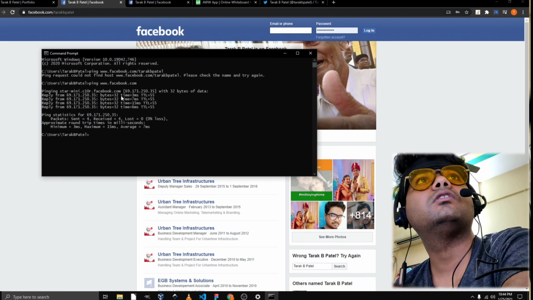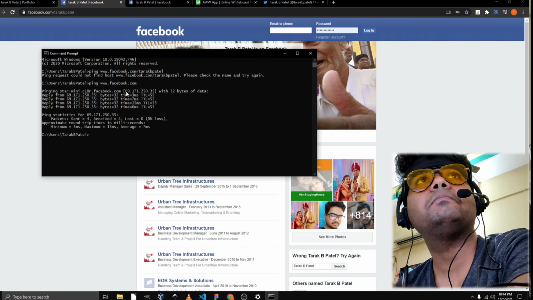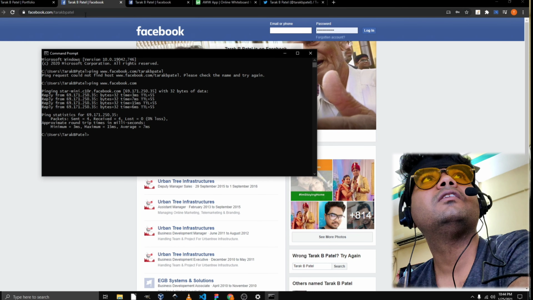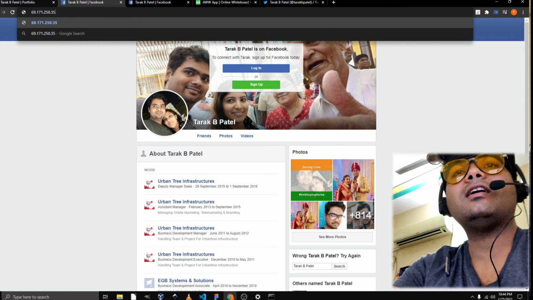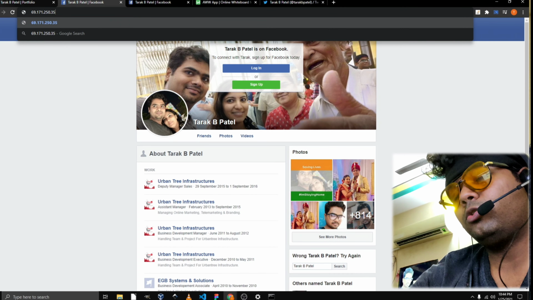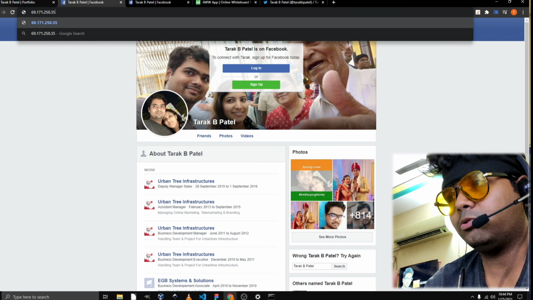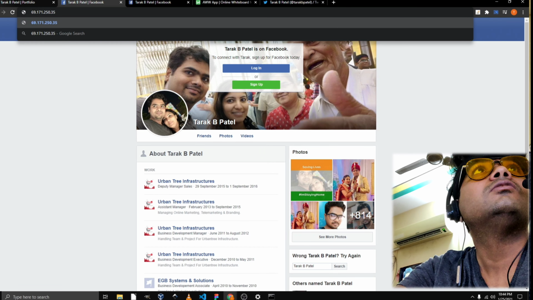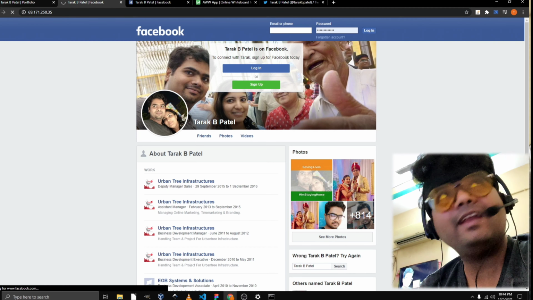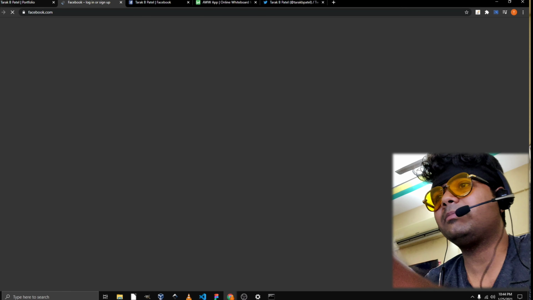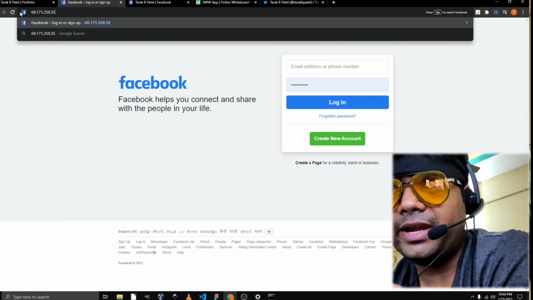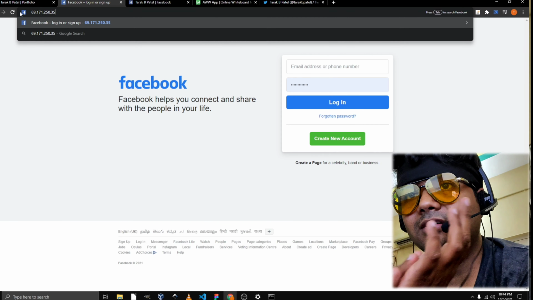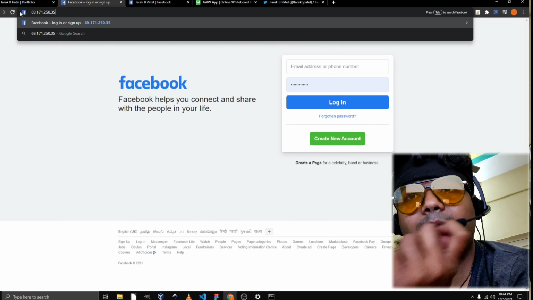Normally people will not be able to remember this. Say, for example, I want to share this application with my friend and tell them how to access Facebook. I cannot keep sharing this particular ID, because it is not recognizable. But if you type in that same ID, this is basically the web server's IP address.